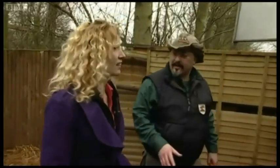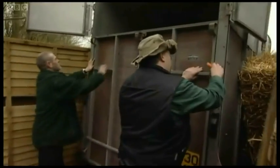That was harder than I thought it would be. Well, once she got going, it's okay. Yeah, but it was horrible seeing her nervous. Yeah, she was scared. So as our horse heads off to Dover,